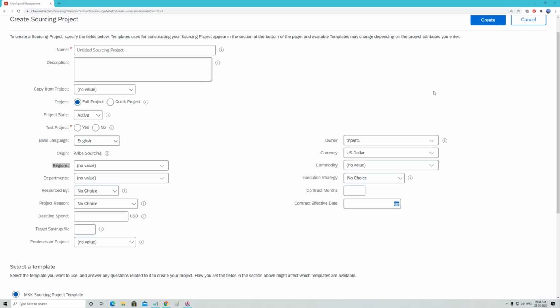Yeah, we can differentiate over there, but remember that differentiation you have to do at the template level. Why? Because ultimately, in the create sourcing project screen, those are standard fields, right? So most of the time, there can be a client requirement where one group of end users will have a separate process, and another group of end users will have a totally different process from the first end user group.